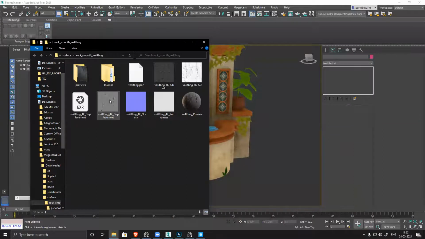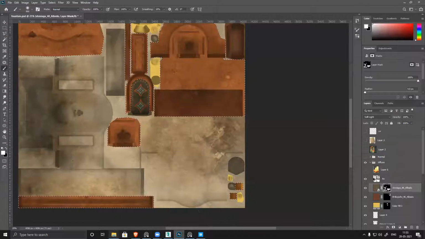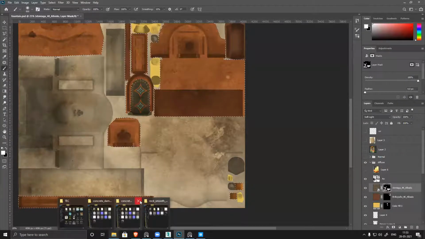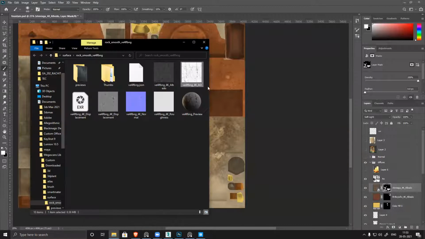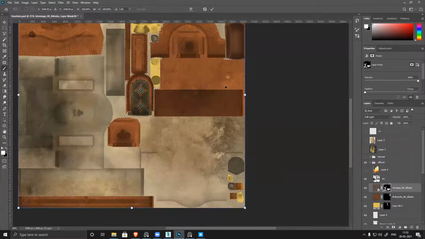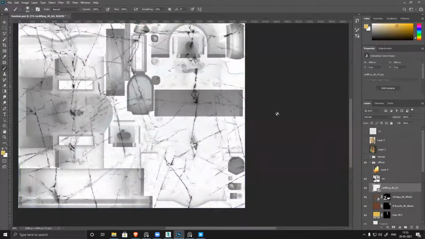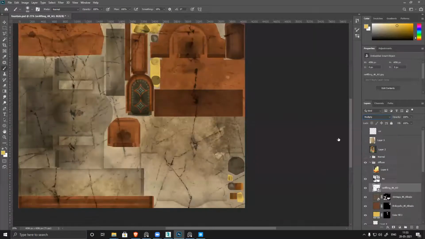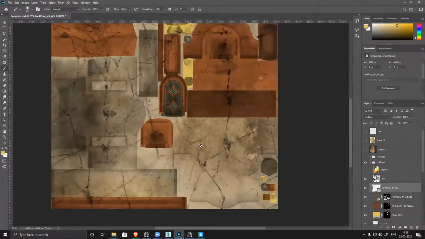So here you can see I have a displacement or ambient occlusion for this. So what I'll do is I won't use the texture color. I'll use only and only the ambient occlusion. Multiply.